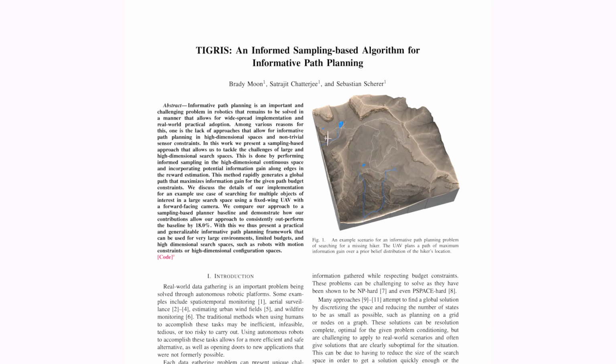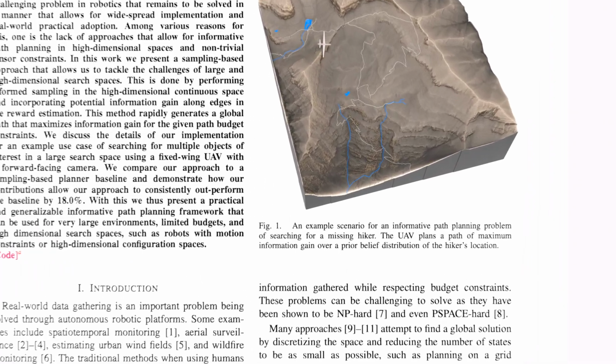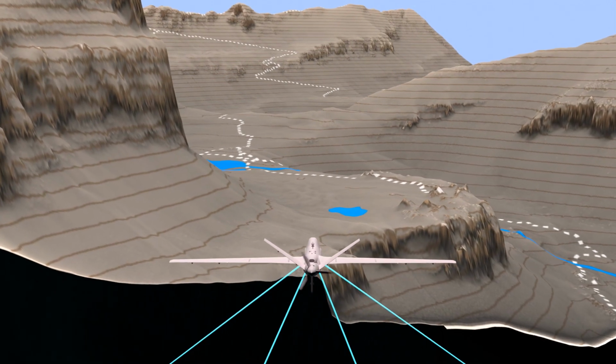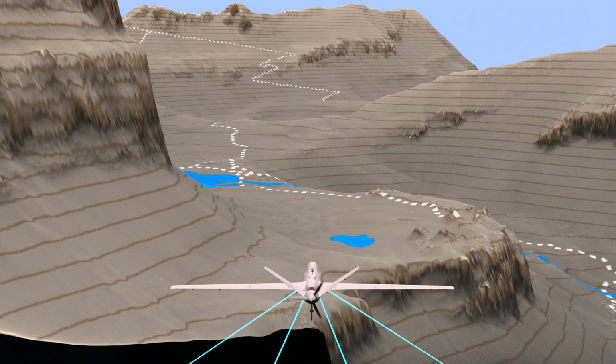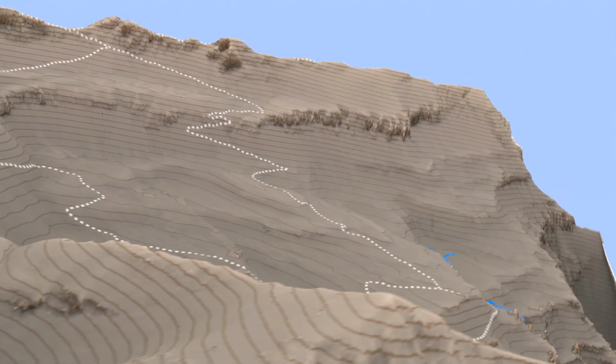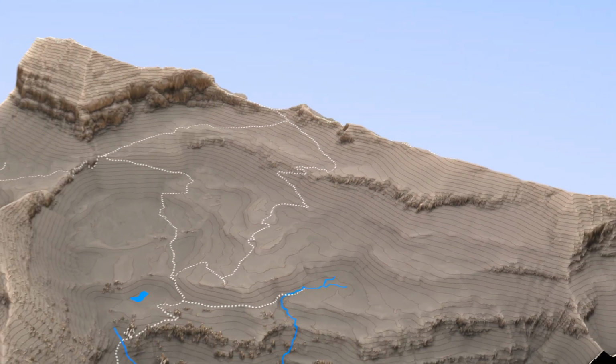Informative path planning is a challenging problem in robotics that involves finding paths of high information gain while subject to budget constraints, with example use cases including wildfire monitoring or search and rescue. This problem remains to be solved in a manner that allows for widespread, real-world implementations, especially in high-dimensional spaces with